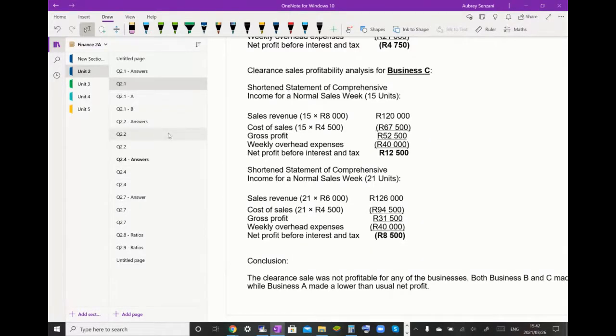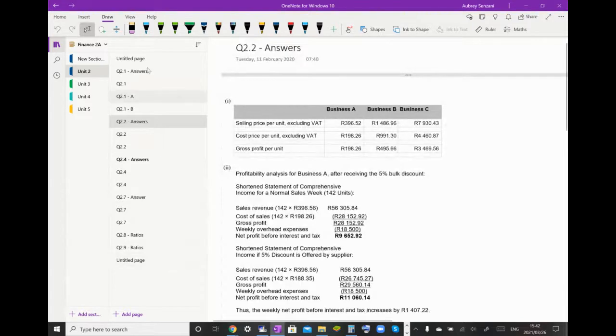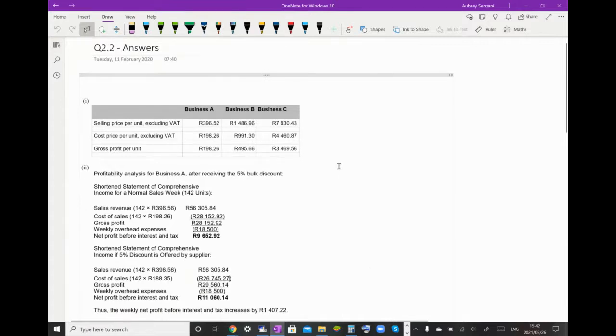Next question that I wanted us to look at is question 2.2. Here I think let's just look at the answers as opposed to actually going through it. Here we're doing pretty much the exact same thing. The only difference is now we're looking at it from the perspective of buying in bulk. So in buying in bulk, we are reducing our cost of sales, right? And then seeing how that is obviously going to impact our